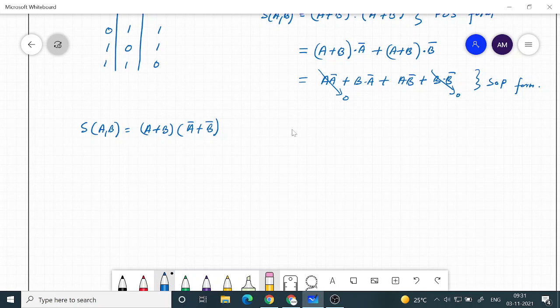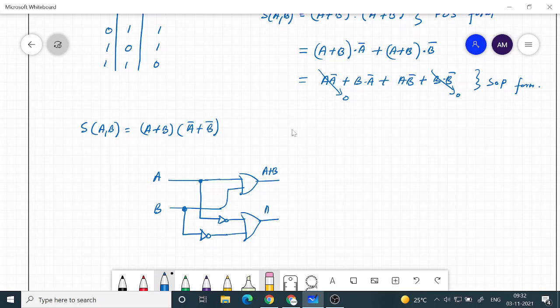So if you want to implement this with simple AND operation, what we need to do is, let's say this is A and this is B, and then first of all I need to give it to an OR gate that will give you the first sum term, and then I can pass it to a NOT gate, another OR gate that will give me A bar plus B bar.